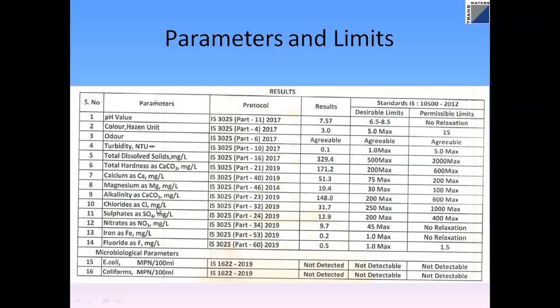Together with chlorides and sulfates, we have other ratios like the CSMR ratio, chloride sulfate mass ratio. And we have scale, whether water causes more scales or more corrosion. All this is decided based on these parameters. Chlorides and sulfates, generally people ask, is it very important to have chlorides and sulfates measured? Yes, it is very important because of these parameters.